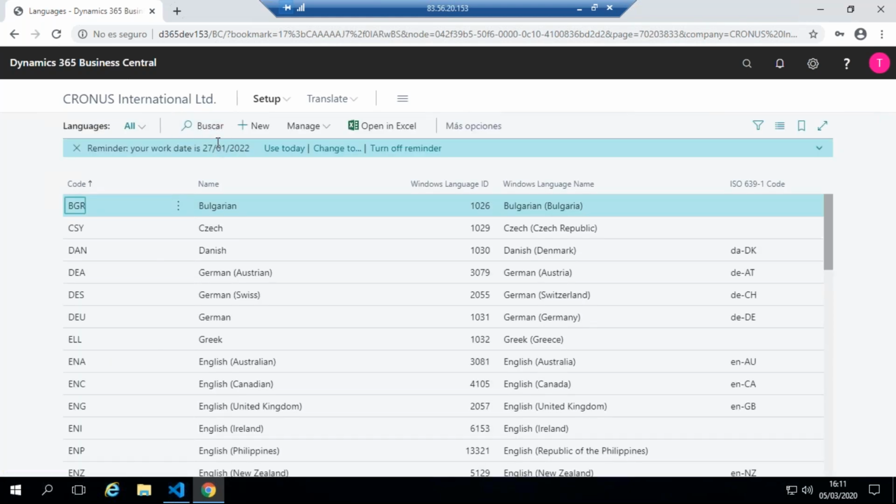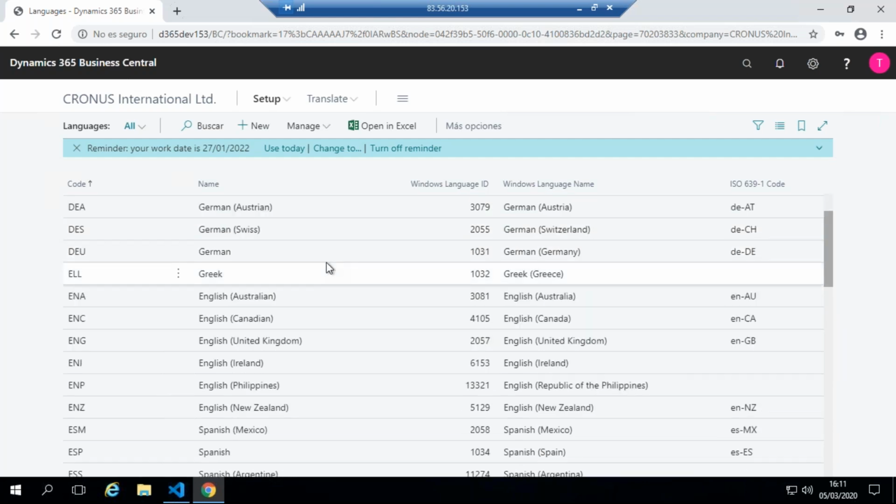And in this visual interface, the user is able to check the languages that are already set up in the solution. We will need to introduce the ISO code accordingly to the language we want to utilize. So all this, let me just create real quick, for example, the variety of the United States for English. So we will click on new,